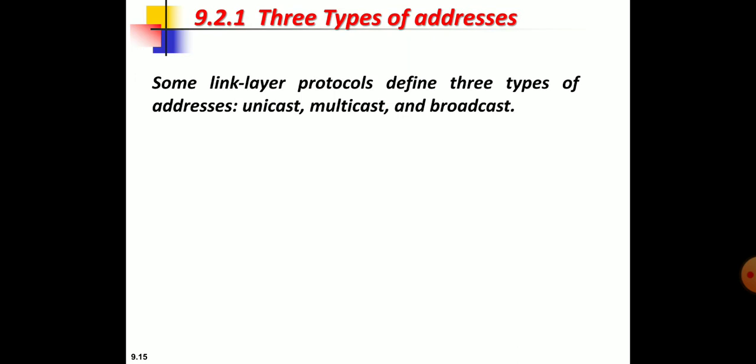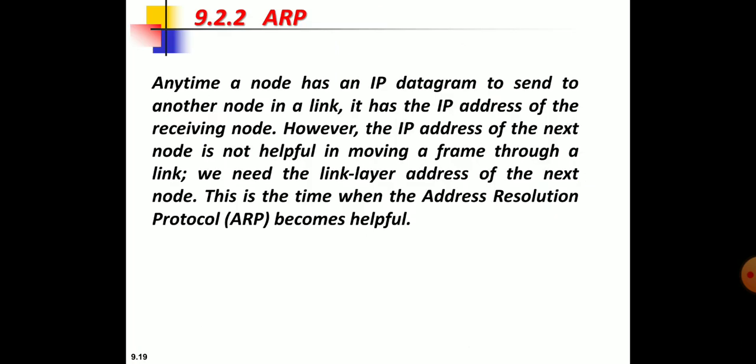The first one is called unicast. Whenever we send a one-on-one data transmission, it is unicast, so we use a unicast MAC address. Whenever we are targeting a particular group of authenticated people, we use multicast MAC addresses. And whenever we want to send from one sender to an unknown receiver, or a group of unknown receivers, we use broadcast MAC addresses. So these are the three types of MAC addresses we have, namely unicast, multicast and broadcast. We'll see an example of a MAC address.